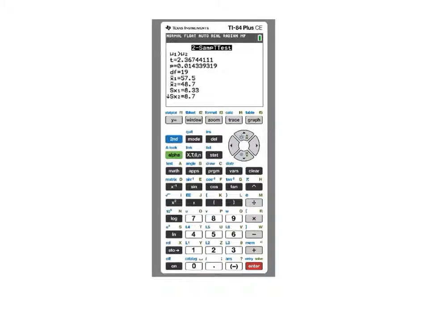When you are entering your answers in ALEKS, it will ask you for degrees of freedom whenever you work with T curves. So how did we come up with 19? I want to remind you of that. Because we are using a pooled test, we have to pool together the two samples. And degrees of freedom in this case is computed by combining sample 1 and sample 2 and subtracting 2,